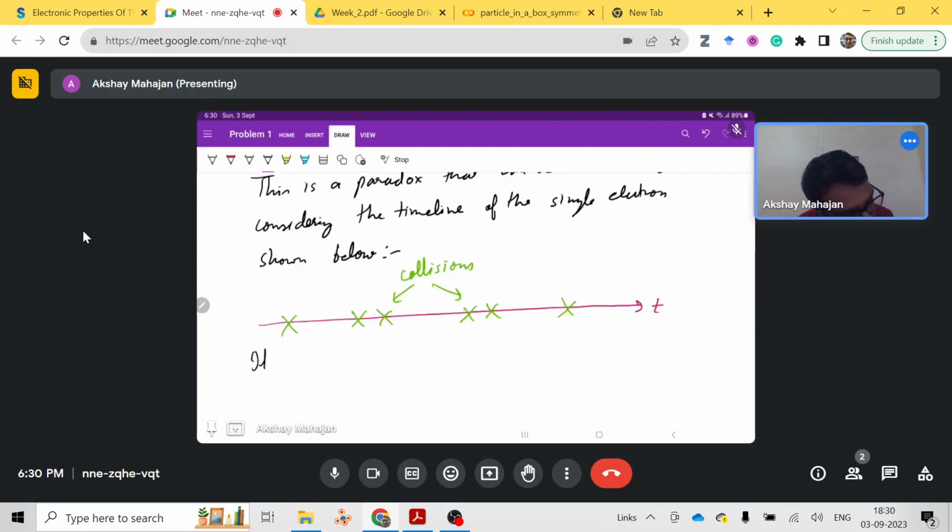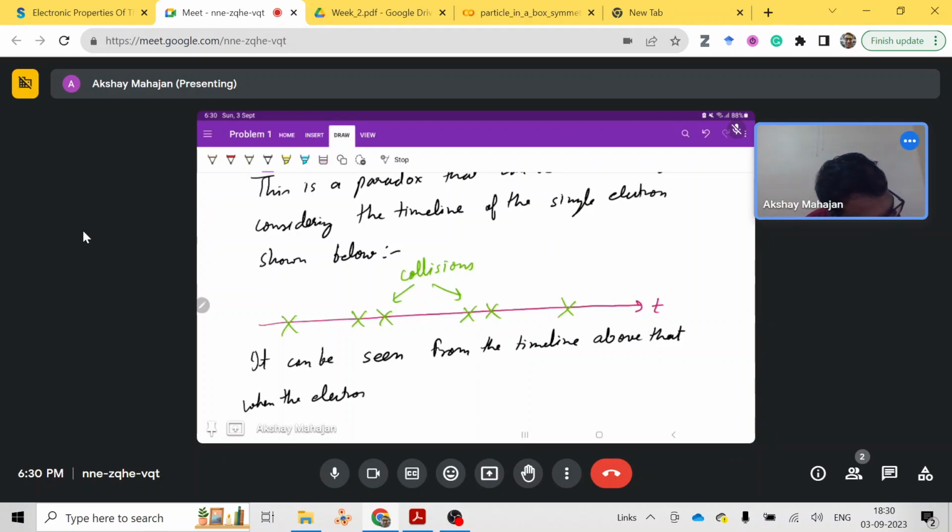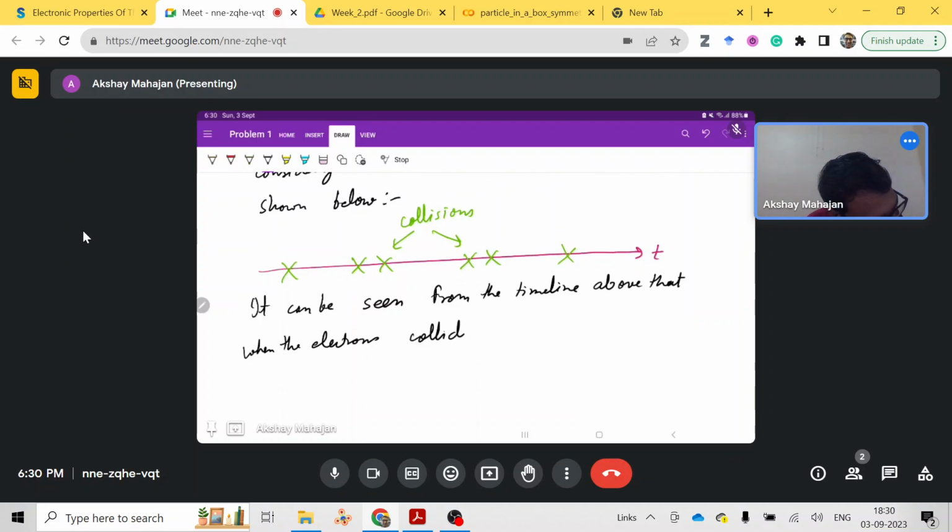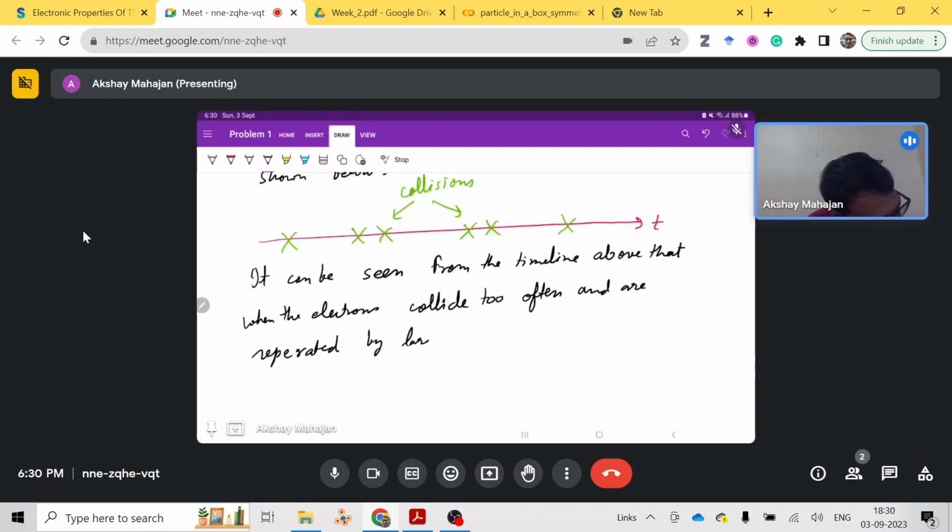Now it can be seen from the timeline above that when the electrons collide too often, and are separated by large time intervals over the timeline,